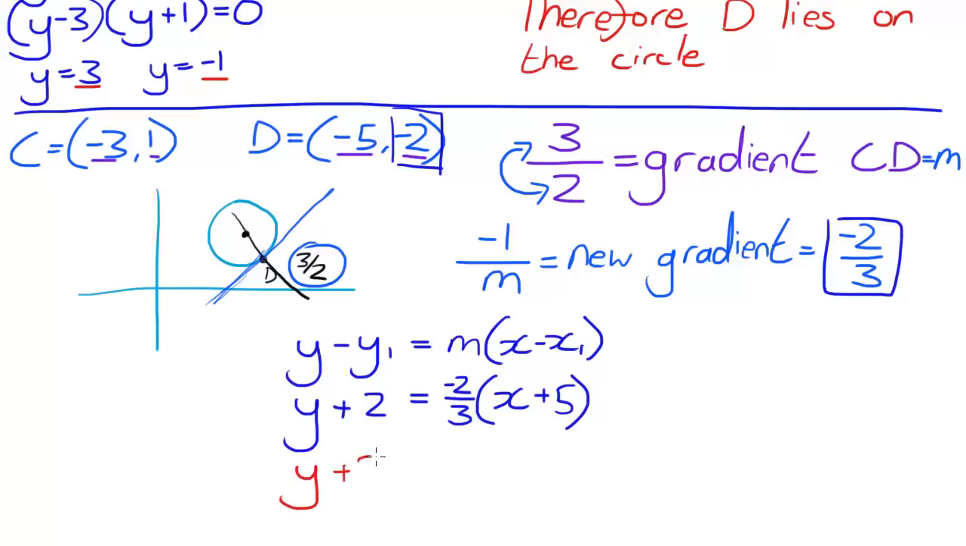We've got y plus 2 is going to be equal to minus 2x over 3 minus 10 over 3, and then what I would do is take away 2 from both sides and leave it like that, but I